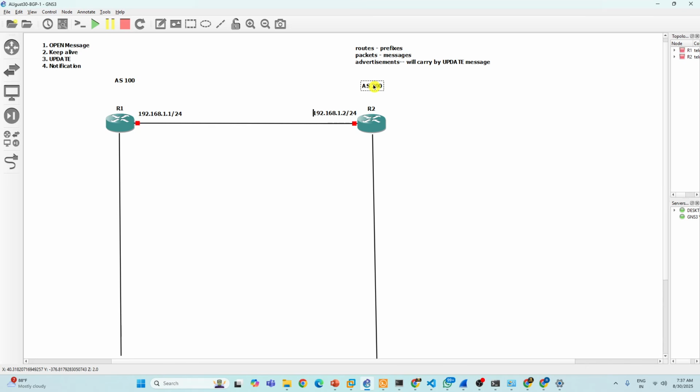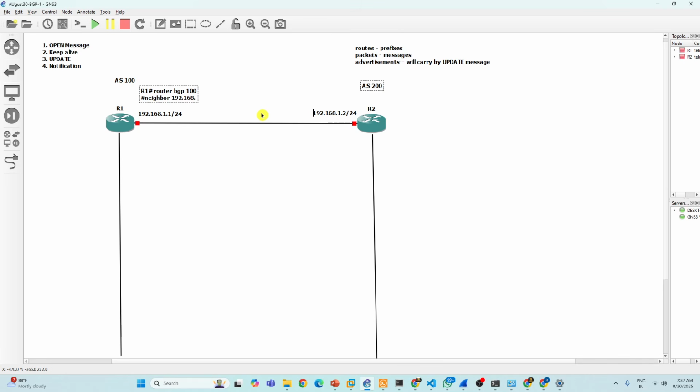Now what is the configuration of BGP? On R1, simple: router bgp 100. Just like OSPF, you first enable the routing protocol, BGP with AS 100. And now you need to tell your neighbor manually. What is the R1 neighbor IP? 1.2.